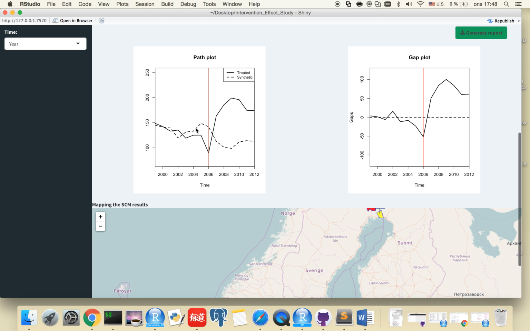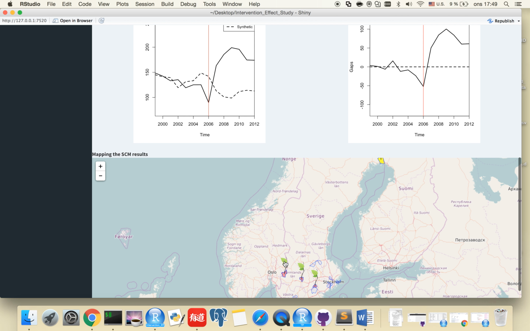This virtual one is optimized to be very similar to the real one before the year of interest, 2006, so that it is good enough to detect the variation after this year of interest. The modeling and our algorithm are used to adjust the weight